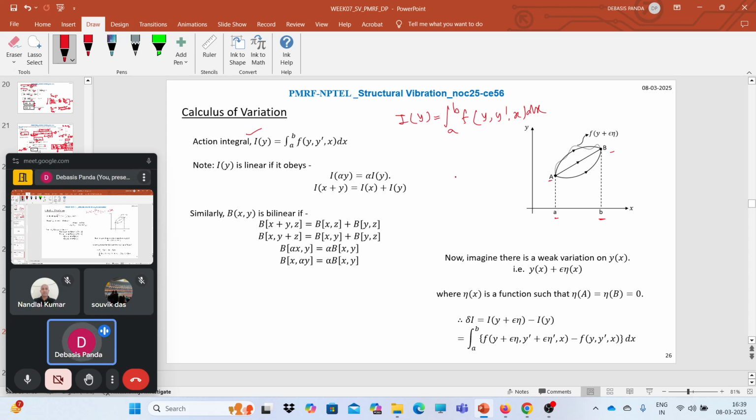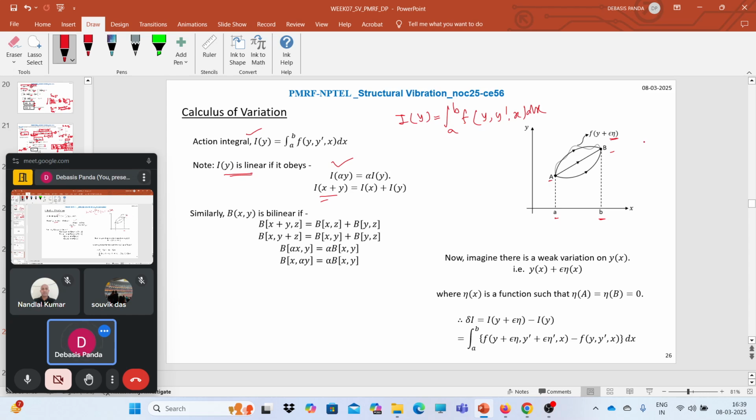Now if we assume that the action integral is linear, that means it will follow the rules of linearity. That means I of alpha times y, if you multiply by the scalar, will be alpha times I of y. If we have I of x plus y, it will become I of x plus I of y. That means if we have a linear action integral, then we can propose some weak variation